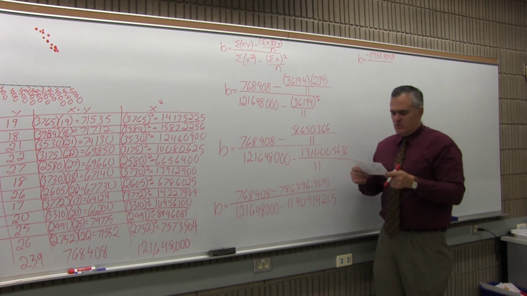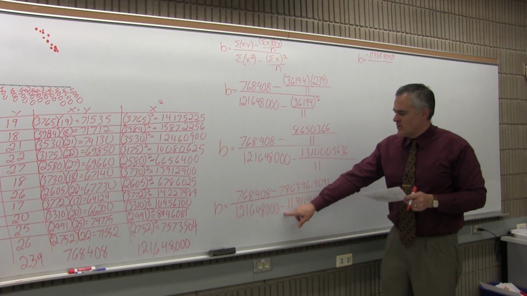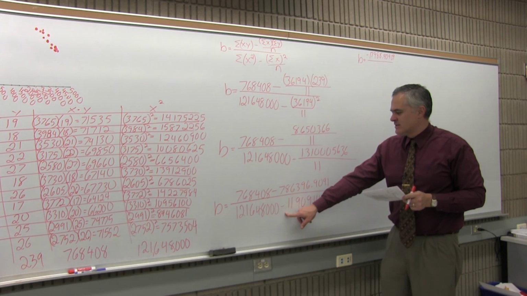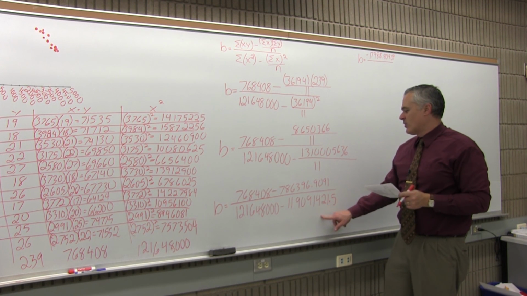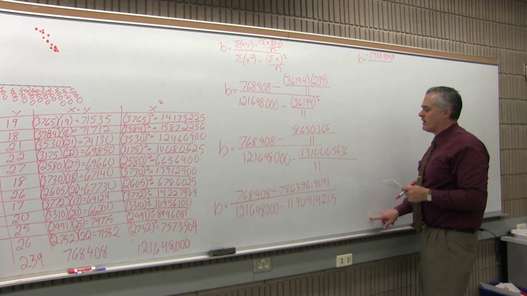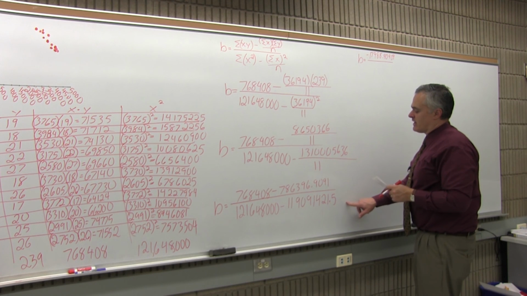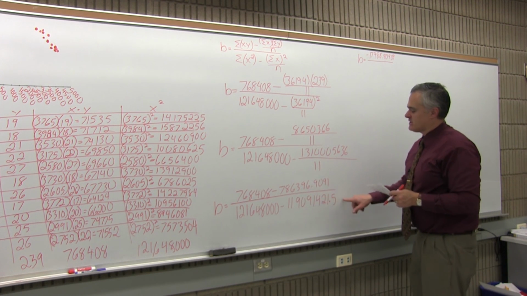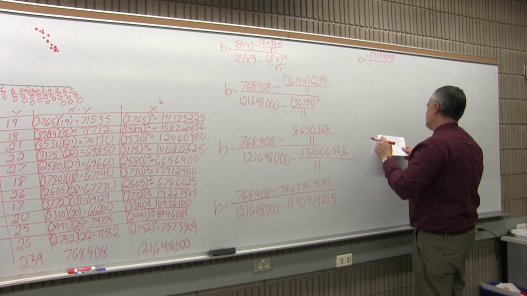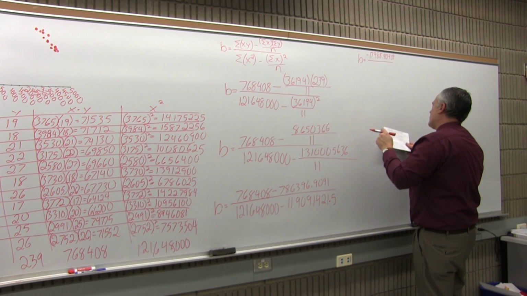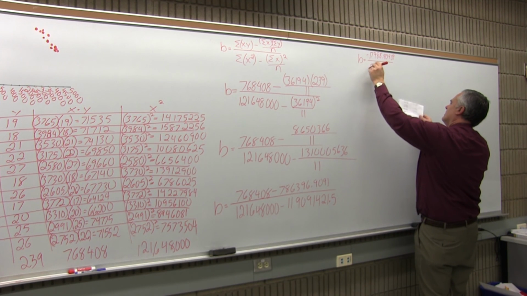And then the next one down, when I do 121,648,000 minus 119,091,421.5. Now the calculator actually had a few more digits here, so when I do the subtraction, there's going to be a couple more digits that will show up. The denominator will give me a positive